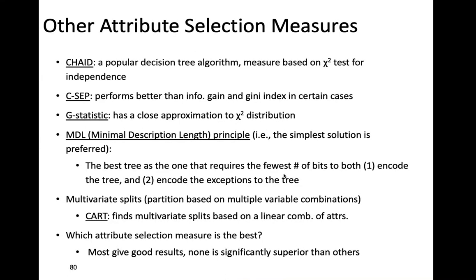We need not go into that, but one thing I will stress is that the minimum description length principle is a very important principle, because it is better if you are able to find the attribute which is giving us a more simple description of the data set. Then we think that is the best way to go about it.